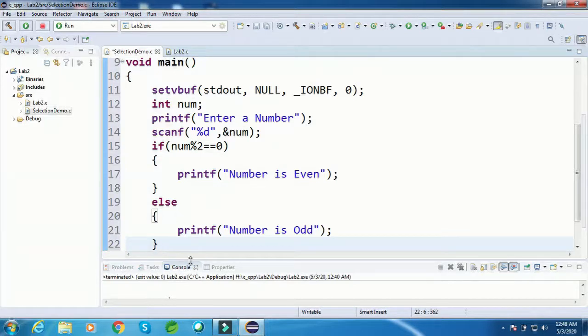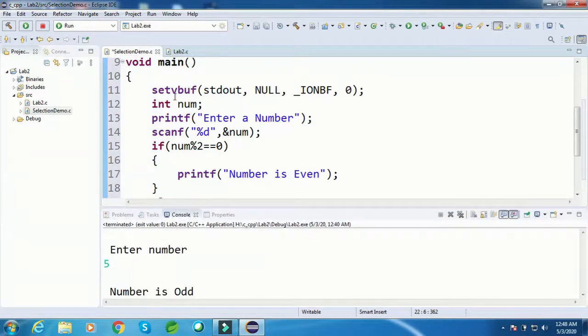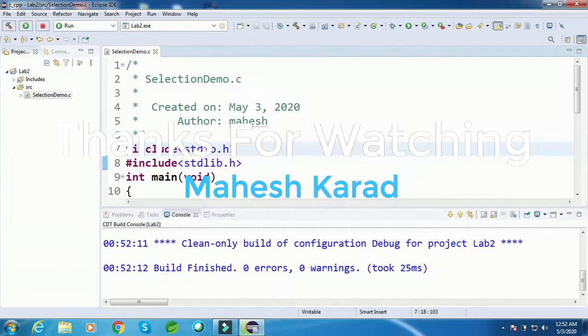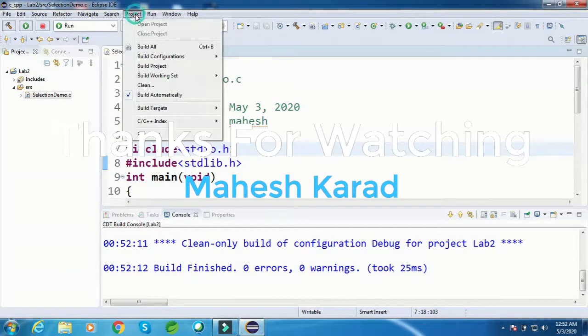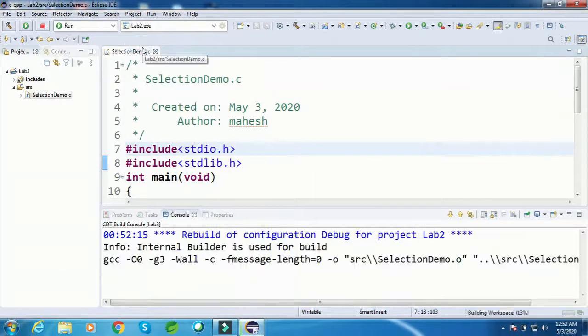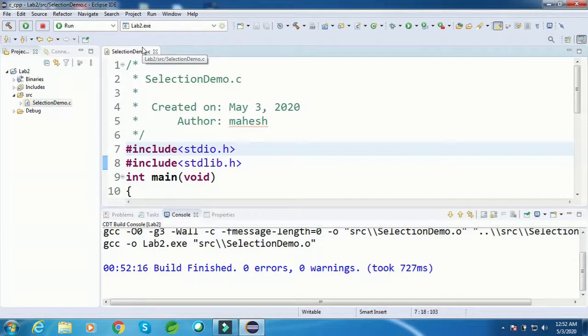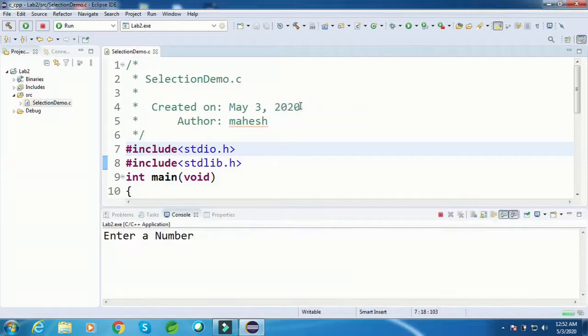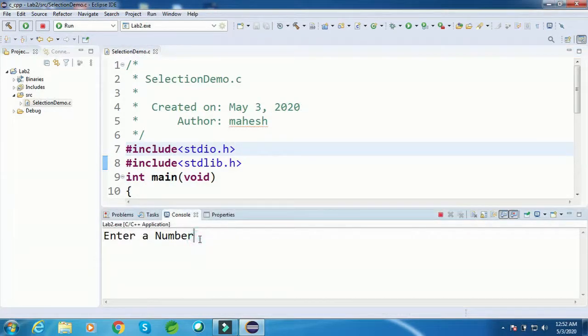So I just need to build this project. So in the project, say project build all. So build finished, then run as local C++ application. Enter a number here.